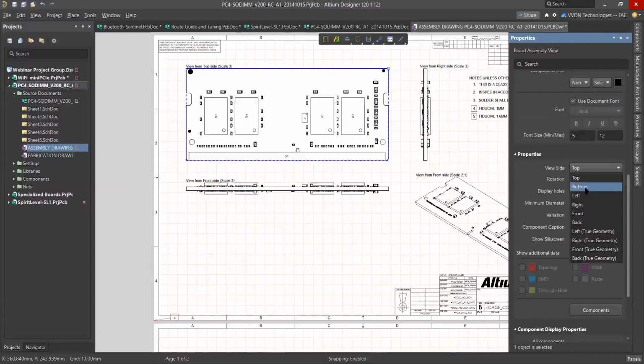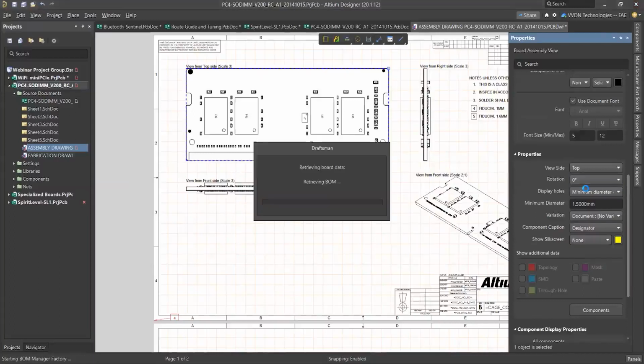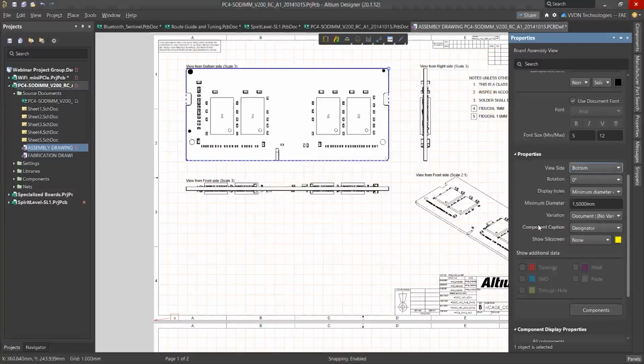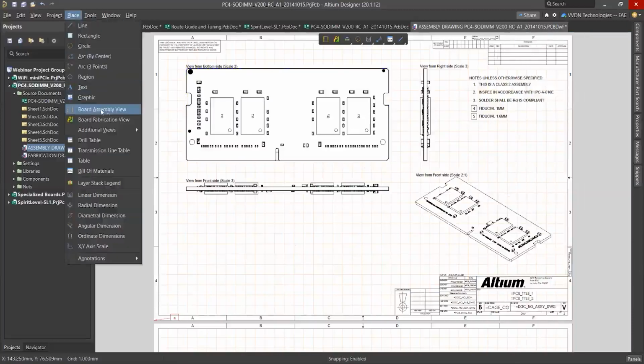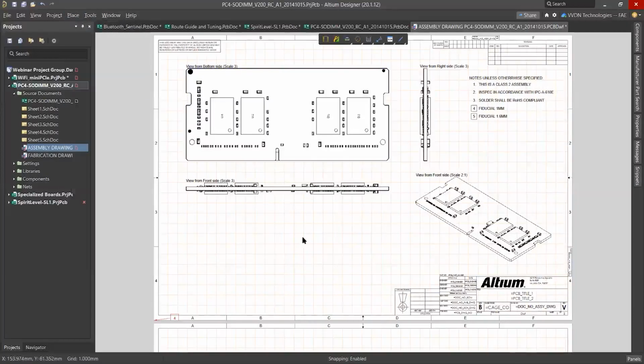Okay, so from there we can see our board view, and we can add multiple views like top view and bottom view, each and every view. For that we have the Place option. Under the Place option we can add this board assembly view.